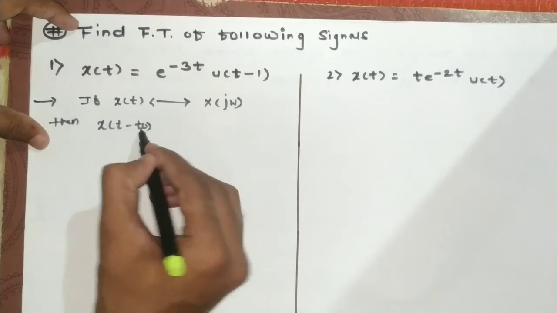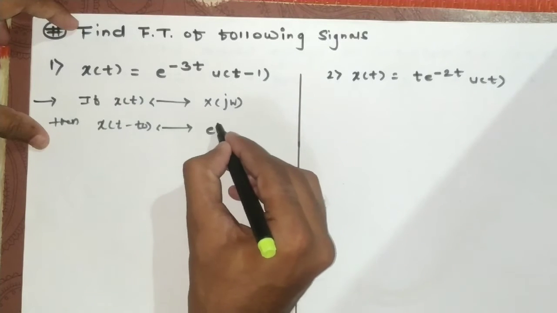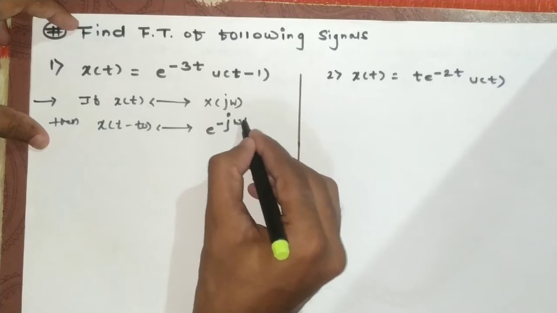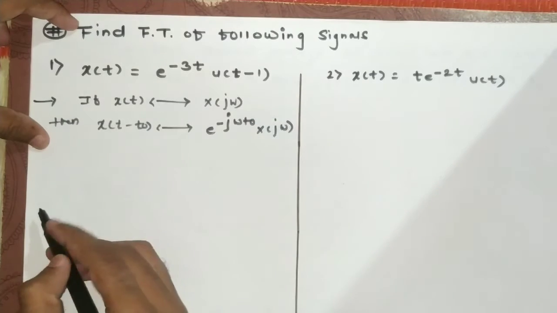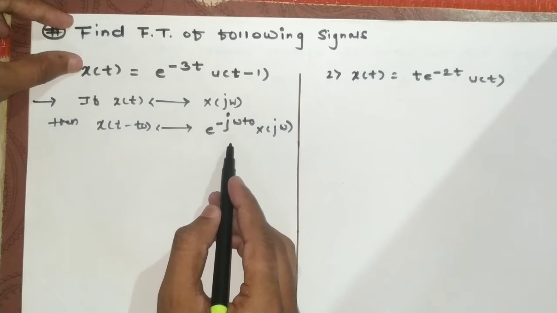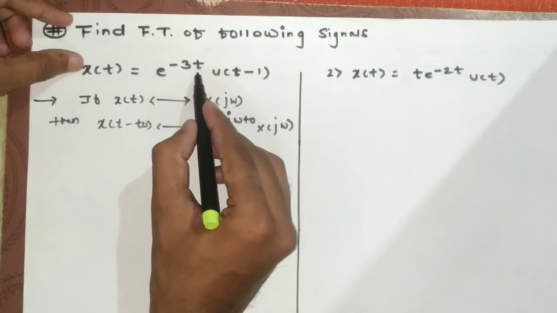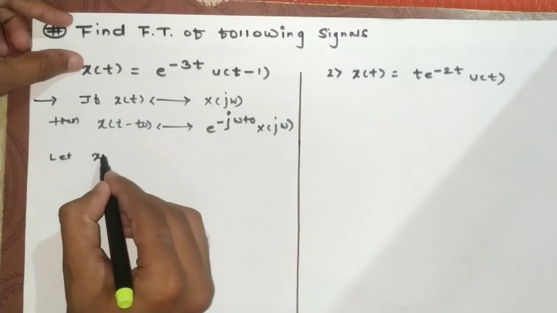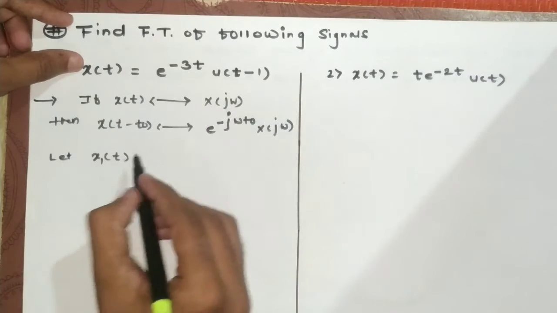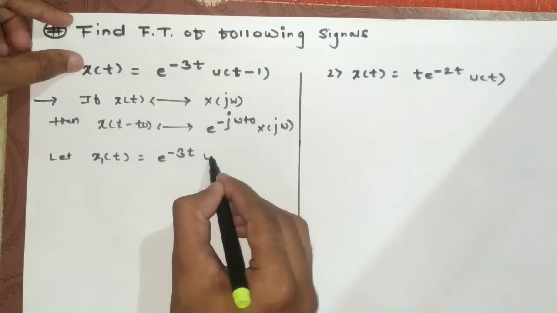if it is shifted by a certain amount of time, the same will replicate on the output side, which is e raised to minus j omega t naught into x of j omega. Now in order to find the Fourier transform of this signal, if you observe it carefully, this is e raised to minus 3t into u of t minus 1. I am treating the function x1 of t as e raised to minus 3t